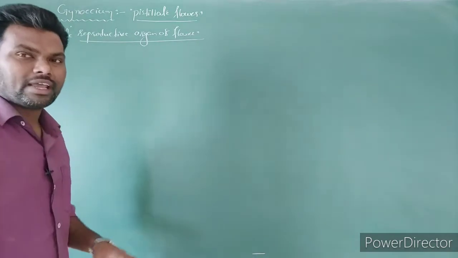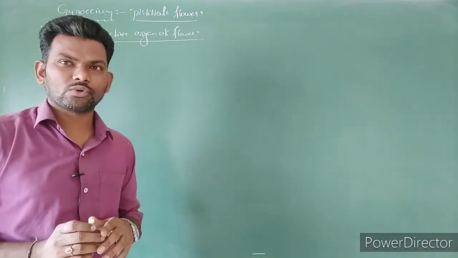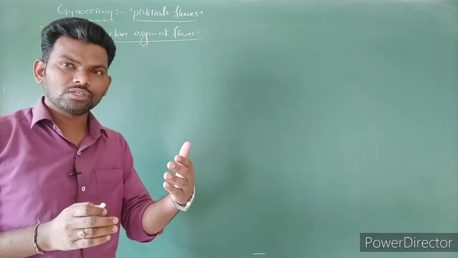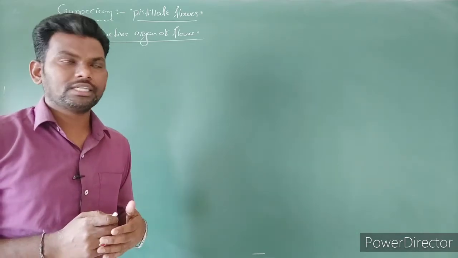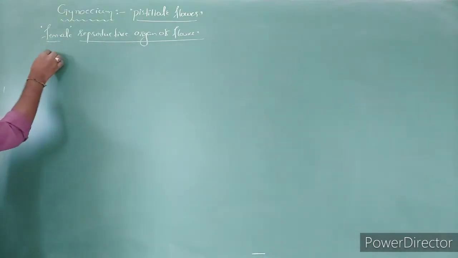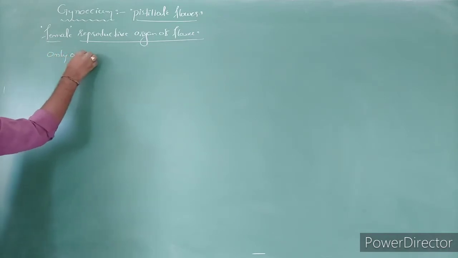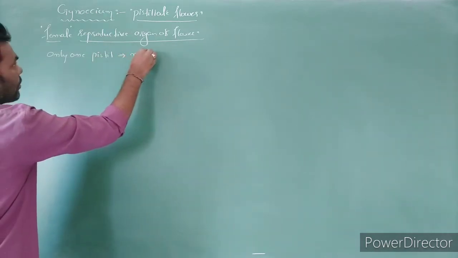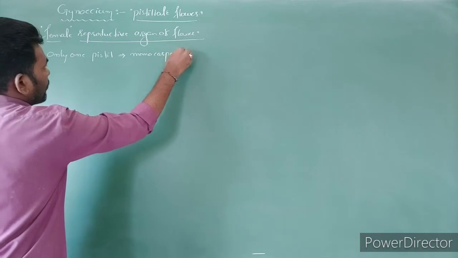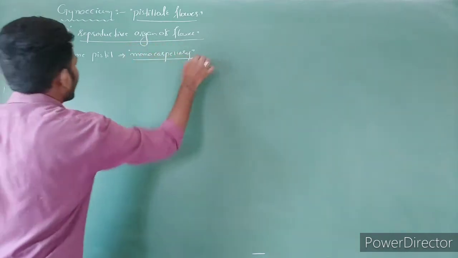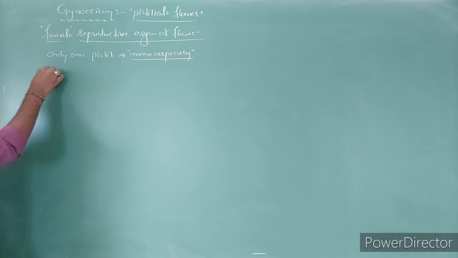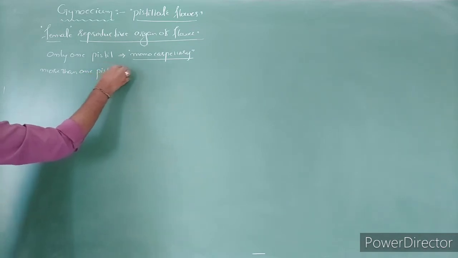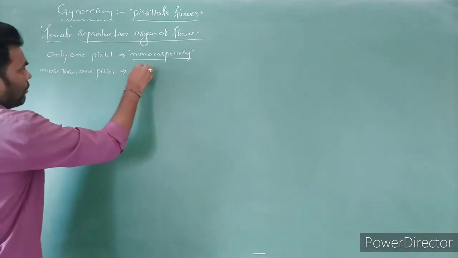Here, if the flower consists of only one pistil, it is called monocarpellary. If the gynoecium consists of more than one pistil, we call it multicarpellary. If the gynoecium consists of only one pistil, such is called monocarpellary ovary. And if the gynoecium consists of more than one pistil, that is called what? Multicarpellary